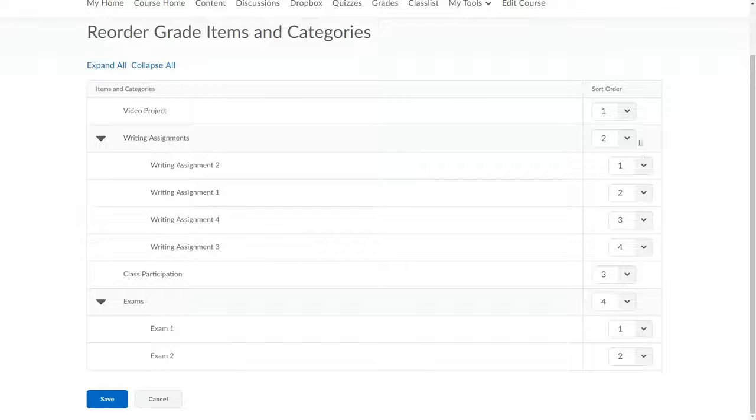The drop-down menus slightly to the left govern categories and items outside categories. The drop-downs slightly to the right govern items only within a particular category. For example, these writing assignments drop-downs only govern the order that these writing assignments are in within the writing assignments category. First, I adjust the drop-downs to make the video project and class participation